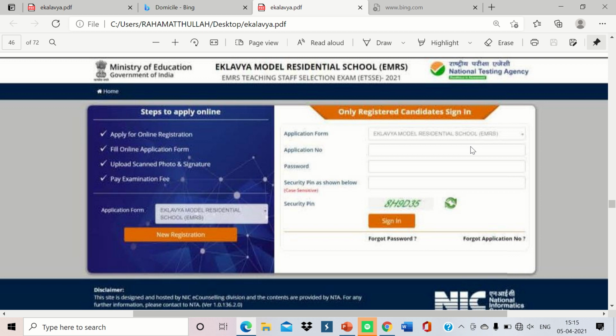Okay, recently the notification has been released. You know that this is the time of Corona, and we hesitate to go to internet centers, and also there are very sunny days, and we have to stand a long time in the crowd. So to be safe and stay at home, in your palm you can apply for Ekalavya Model Residential Schools. You can apply on your phone, or if you have a computer at home, you can also apply.